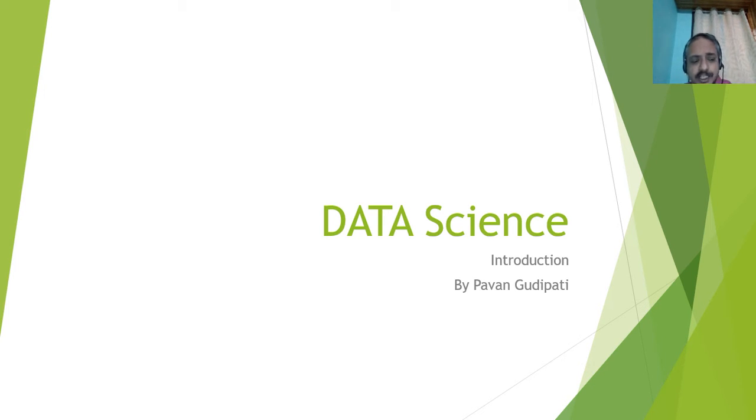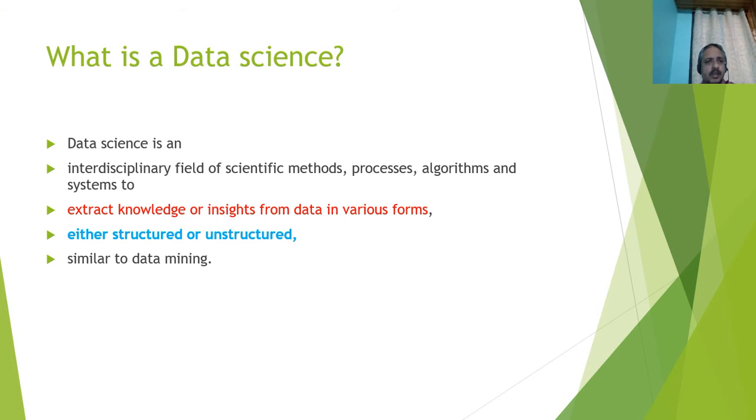So we'll see what exactly data science is. In the simplest way, data science has three main components. The first component is that it is an interdisciplinary field. Data science is not just one branch, that is programming. It has an interconnection with other subject areas. We'll come to that a little later. So the first part is interdisciplinary.